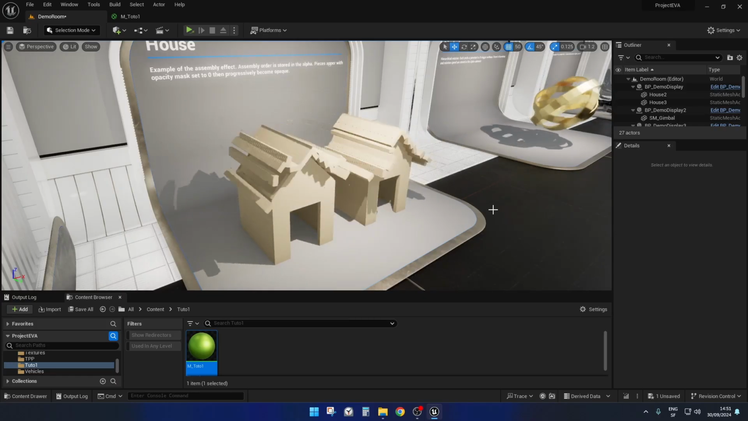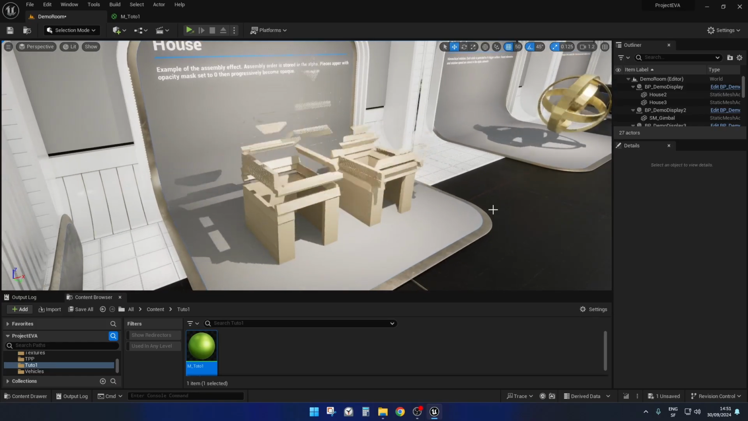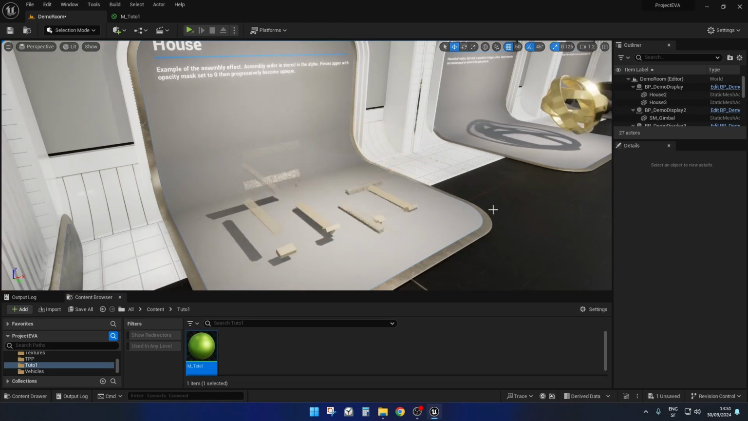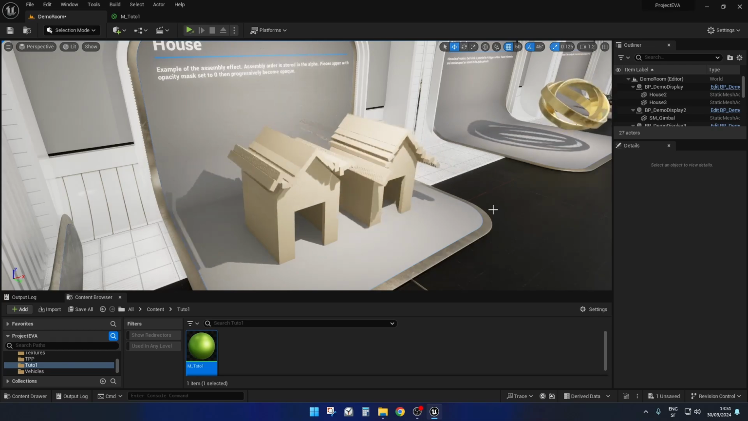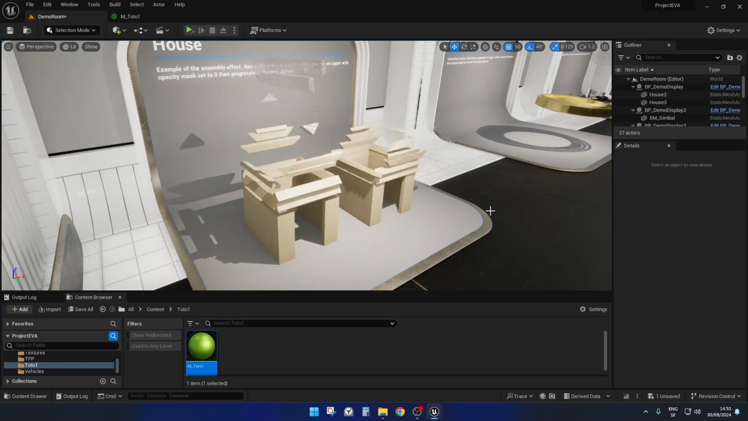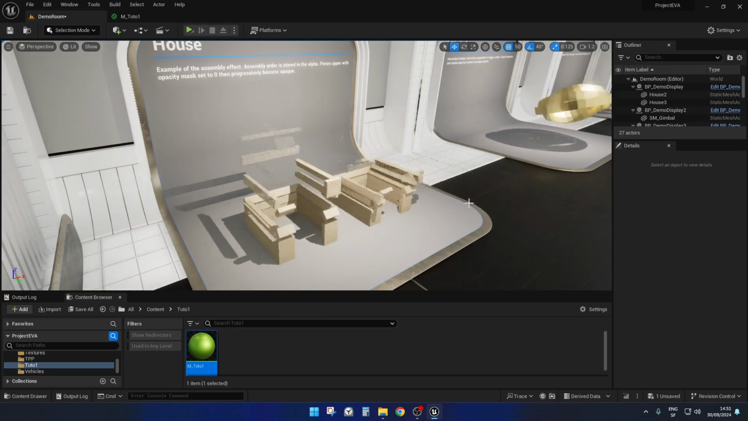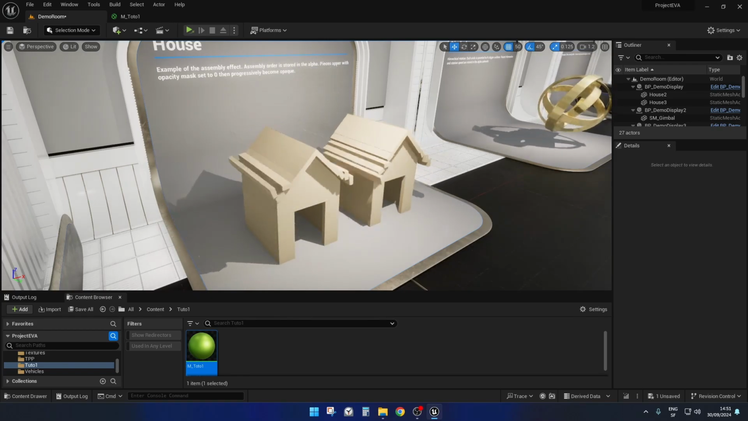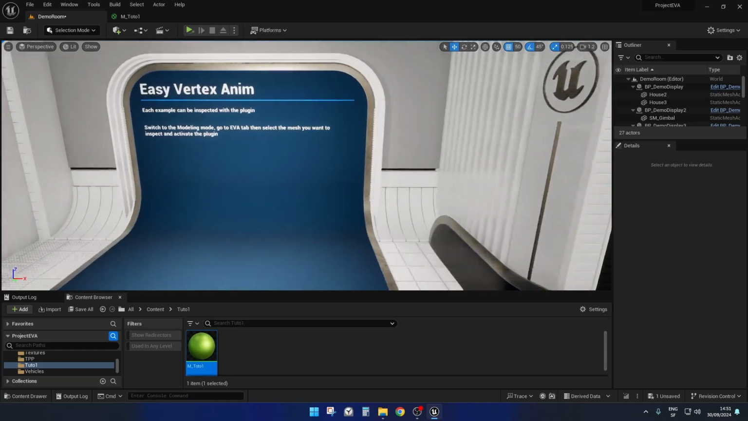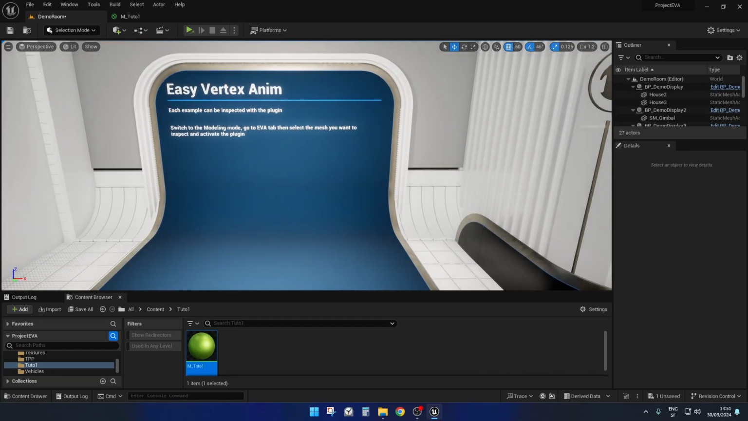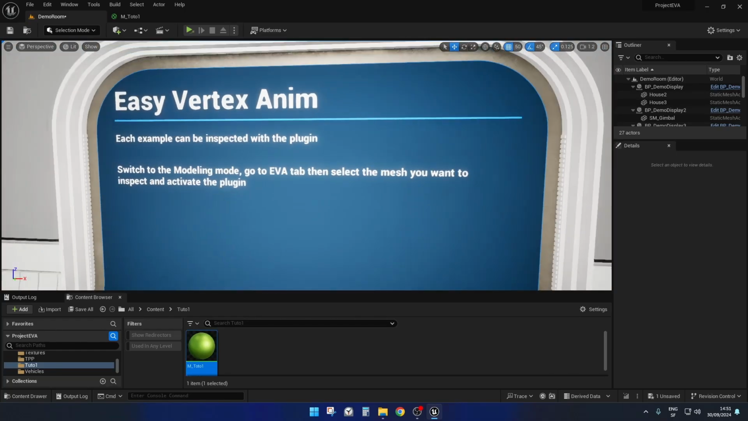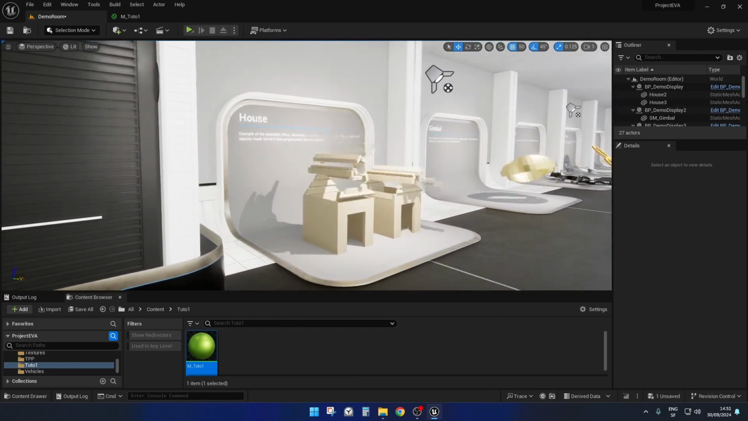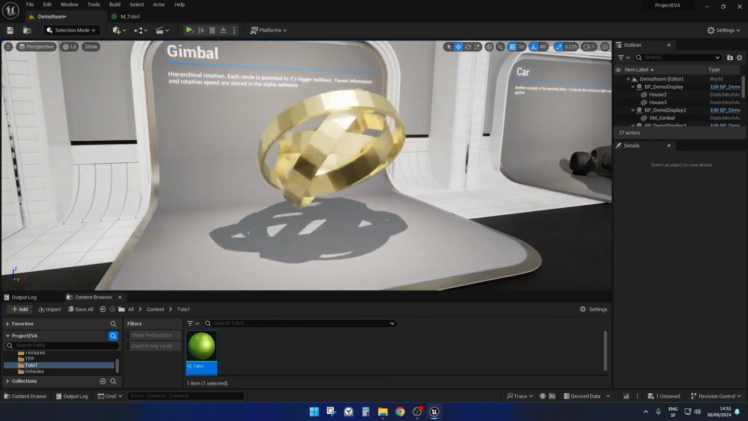Hello guys, in this video I will be talking about vertex animation in Unreal Engine. And by vertex animation I mean animating static meshes using the material, like those houses. Actually this is the first part of the tutorial about the plugin we are making, called Vertex Anim, that allows doing this kind of stuff